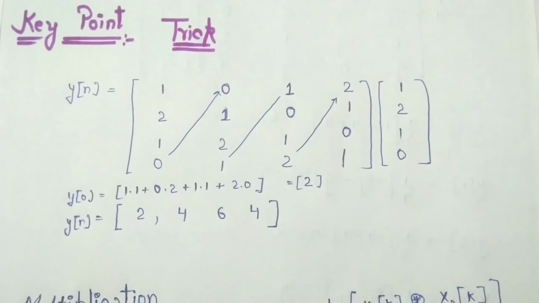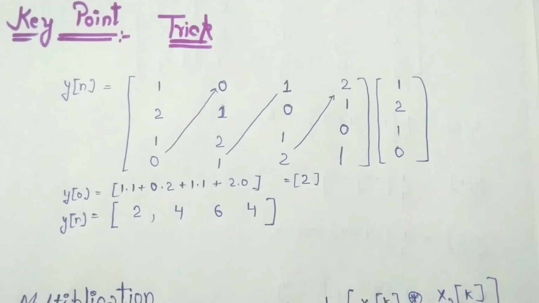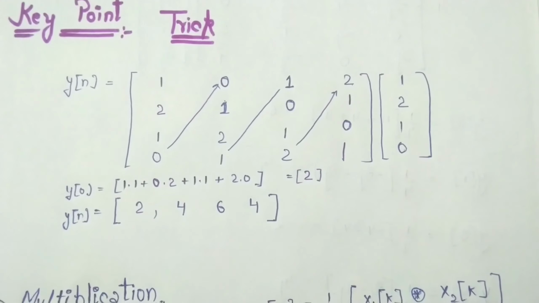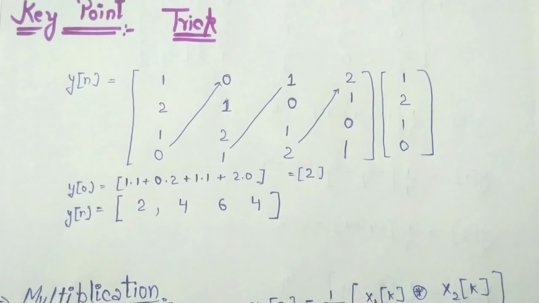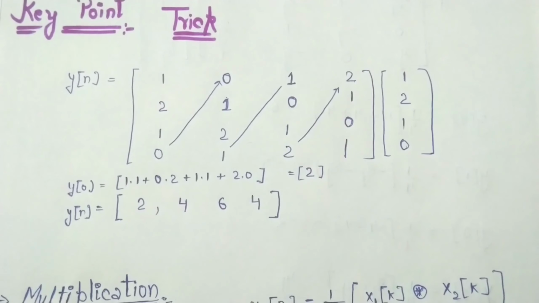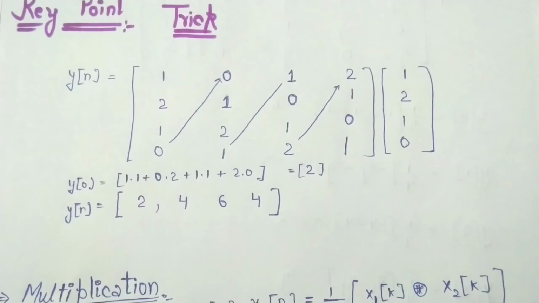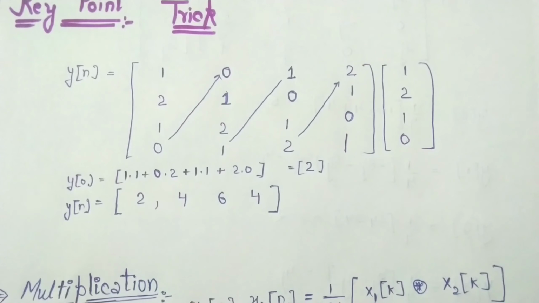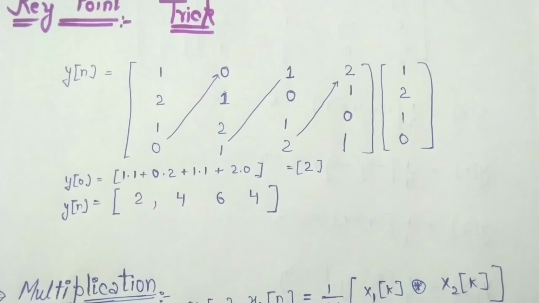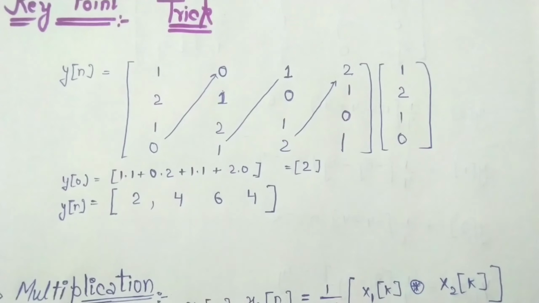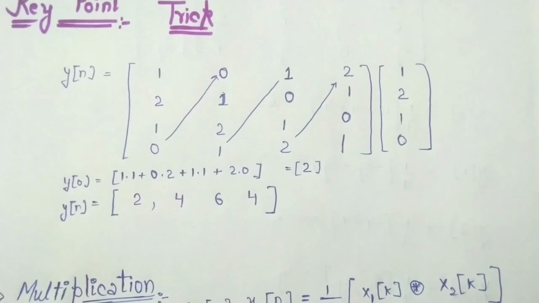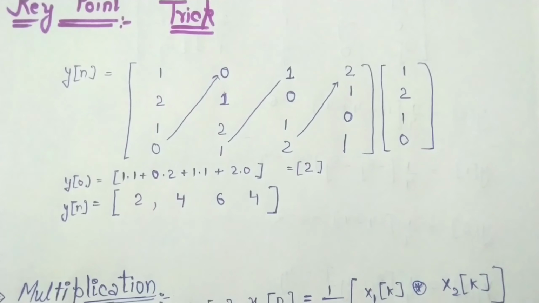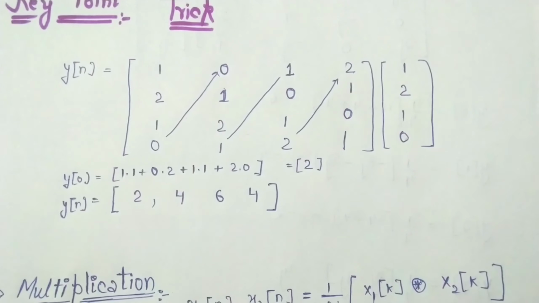For convolution of the two signals in a simple way, we perform the matrix method. So we write the first column of our signal with x of n 1, 2, 1 and 0. Then the last term of the first column, 0, is shifted to the upward side of the next column. Then we write the rest of the terms as they are, 1, 2 and 1. Then again this 1 is shifted to the upward side and we write the rest of the terms as they are, 0, 1 and 2. Then we repeat the same.